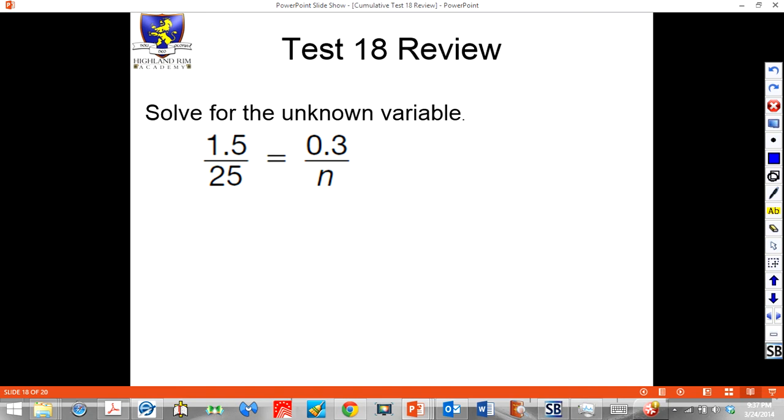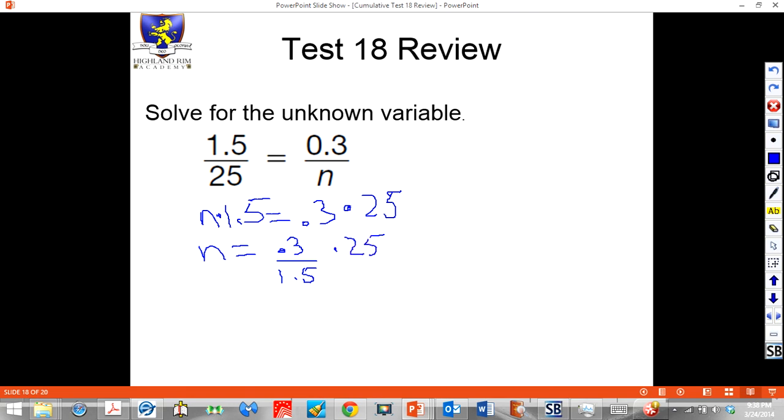All we do is move the n around so that we can make n times 1.5 equal to 0.3 times 25, right? So let's isolate the n further. n is equal to 0.3 over 1.5 times 25,